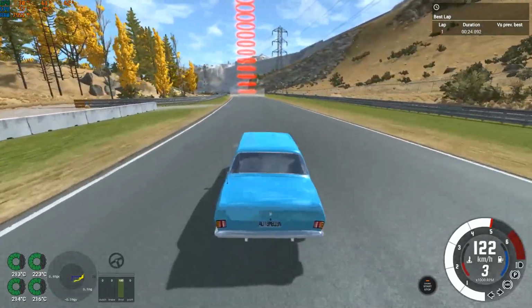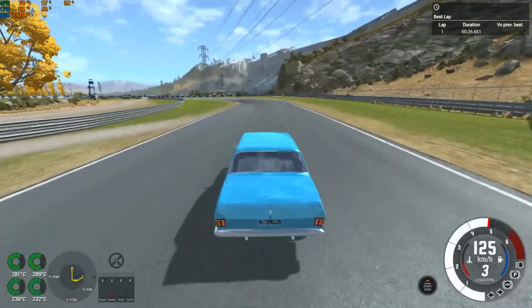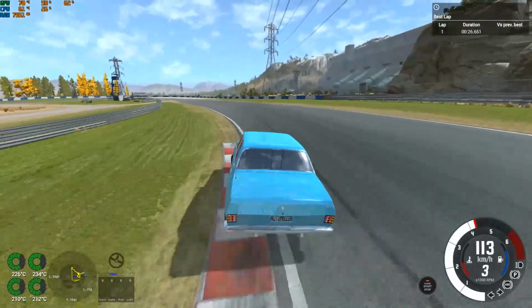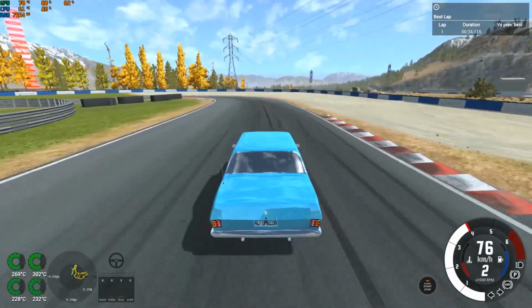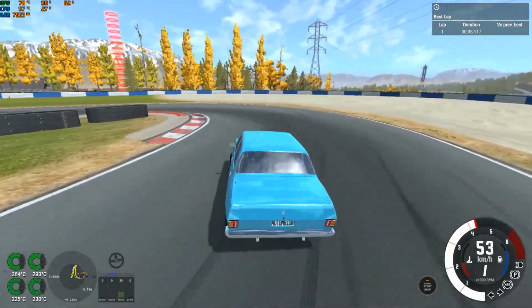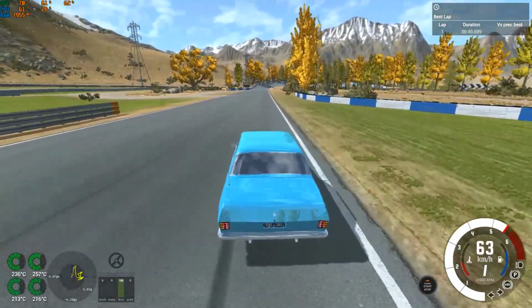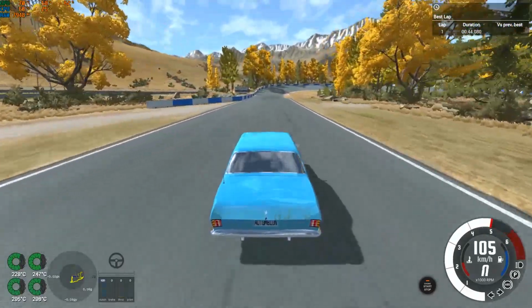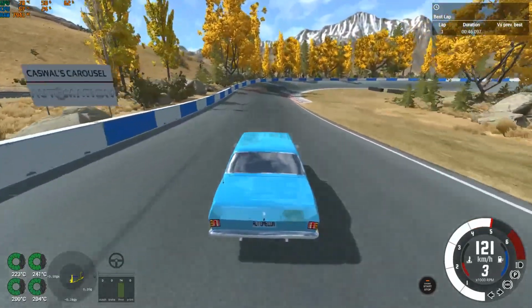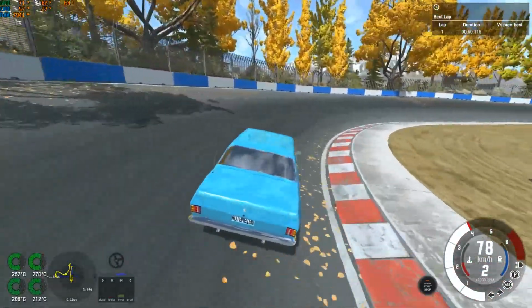Very torquey, as you can see, spinning the tires on every single corner. A little extra heavy. The brakes are much tougher than the previous brakes, and it's handling absolutely beautiful. If you can control the power without making the tires spin so much, you will have so much fun